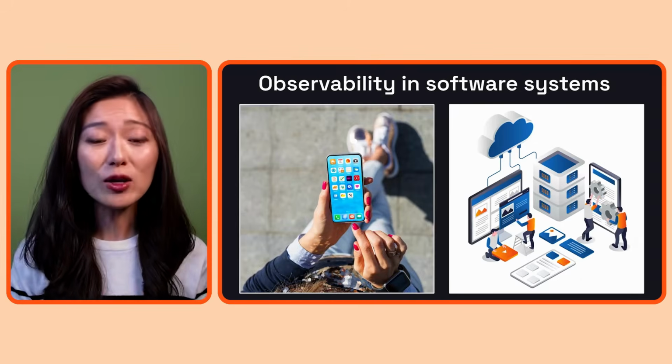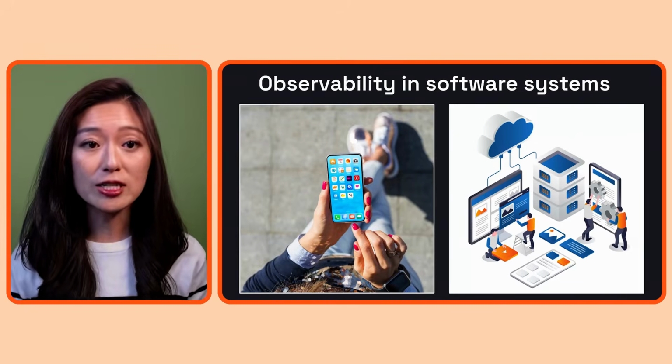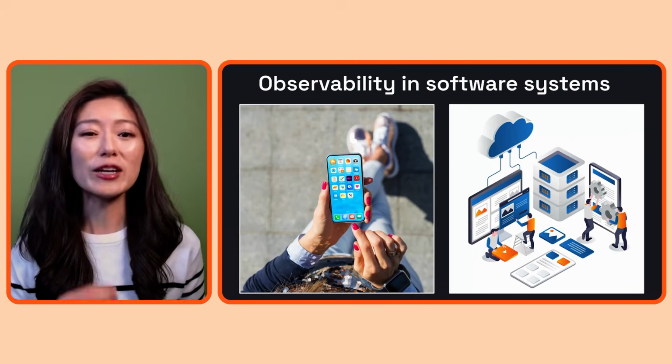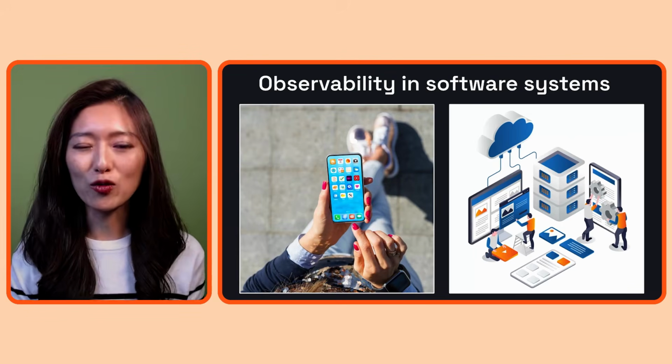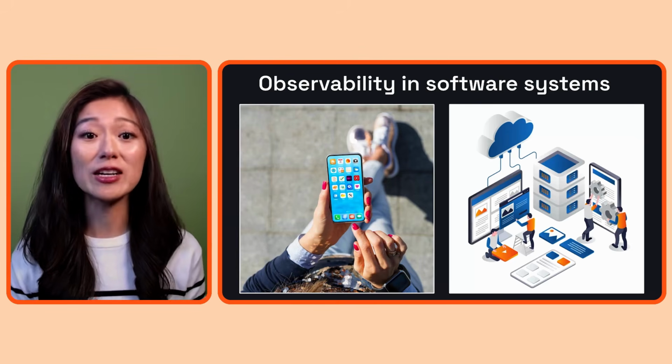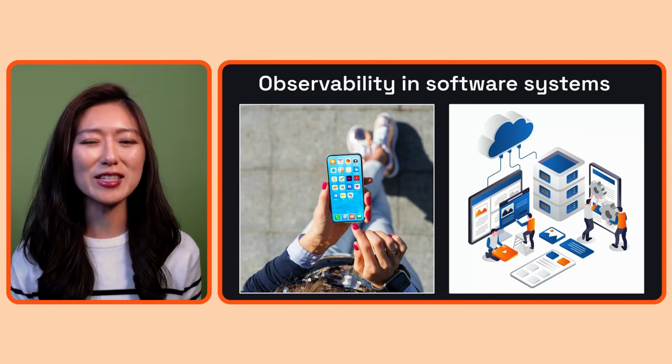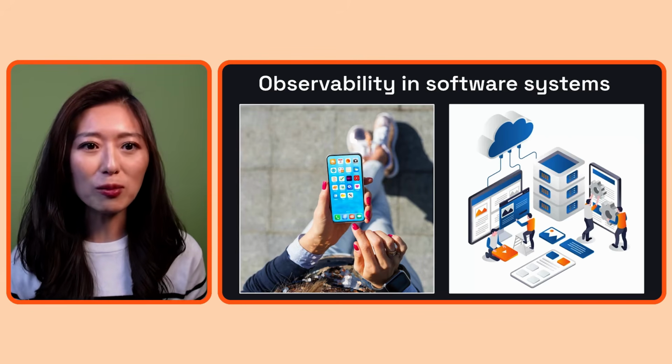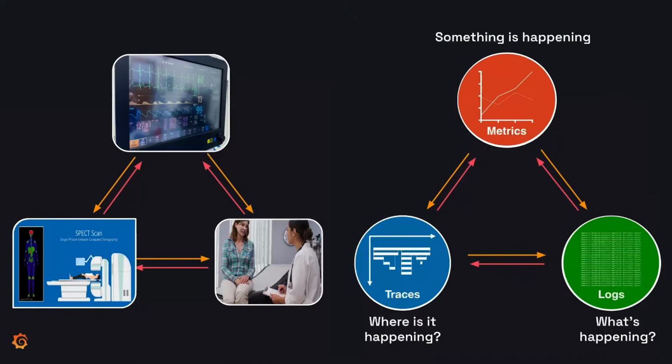In episode one, we talked about observing our software systems. In other words, we know exactly what's going on with the performance, behavior, and health of our systems. Because of that, we can identify and fix problems as fast as possible and prevent these problems from happening in the future. Some of the most common data we collect to observe our software systems are metrics, logs, and traces. By analyzing and visualizing these data, we get a comprehensive view of what's going on within our system so we can make informed decisions.